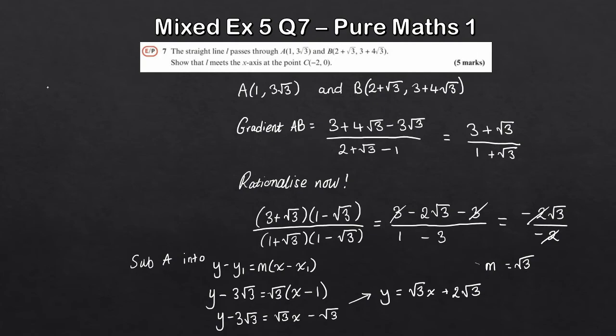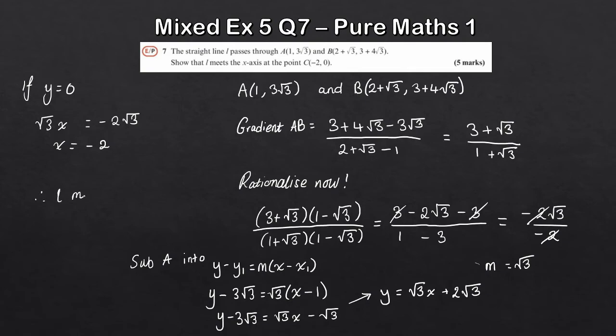So if we take it up here now, if y equals 0, what I'm going to get then is root 3x is equal, so taking this to this side now where it's equal to 0, so this is going to be equal to minus 2 root 3. Now if you divide both sides by root 3, all you get left with is x equals minus 2, which is what they've got here. So therefore